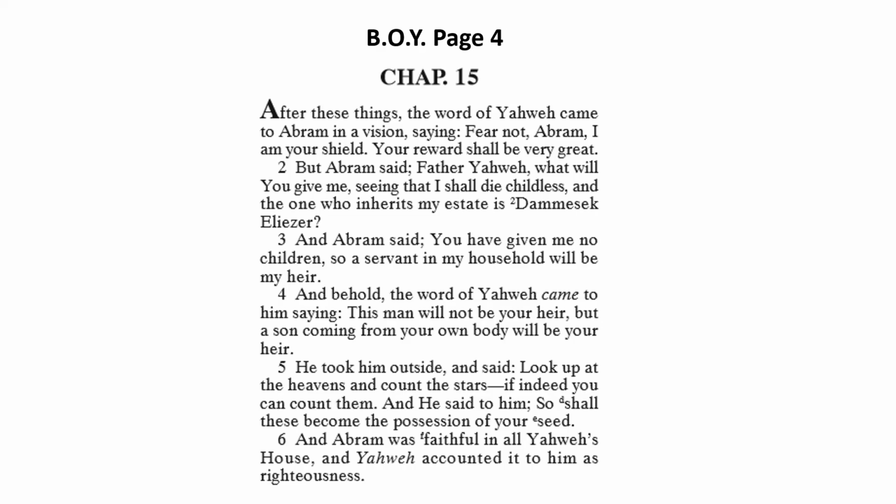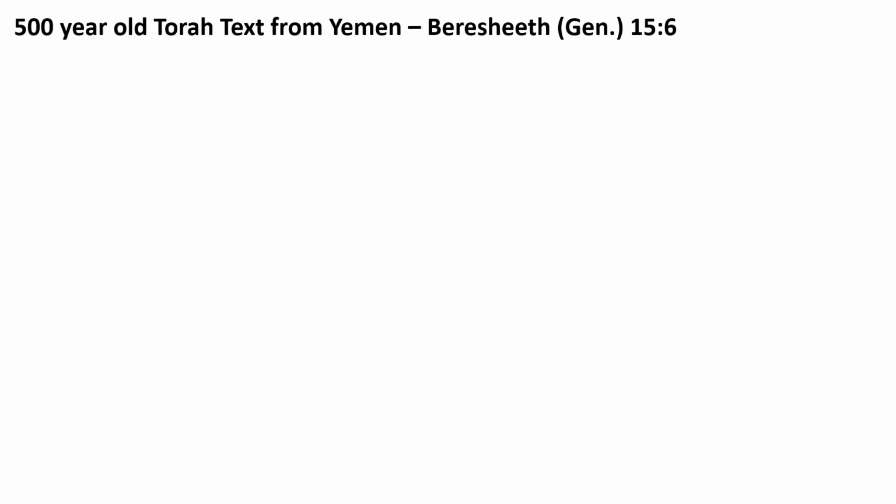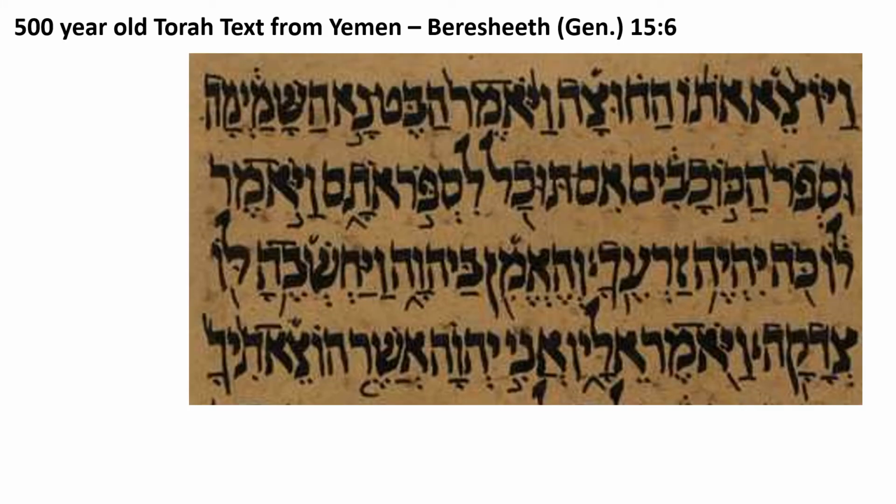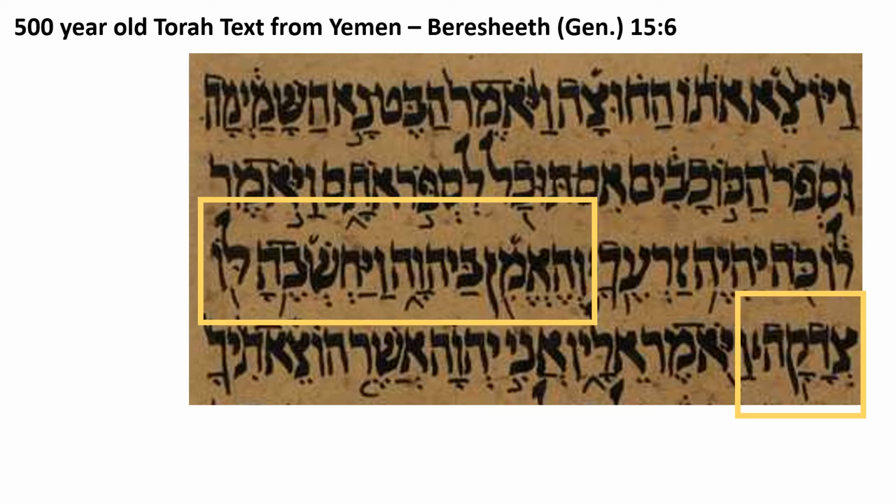Now, another pretty simple translation issue is where they mention on page 4 of the BOY, and this is Genesis chapter 15, verse 6, where they write, "And Abram was faithful in all of Yahweh's house, and Yahweh accounted it to him as righteousness." Well, that's not correct. If you look at an ancient text of the Torah for the same area, this is the section that they're supposedly trying to translate, and what it reads is, Waha'amin b'Adonai,